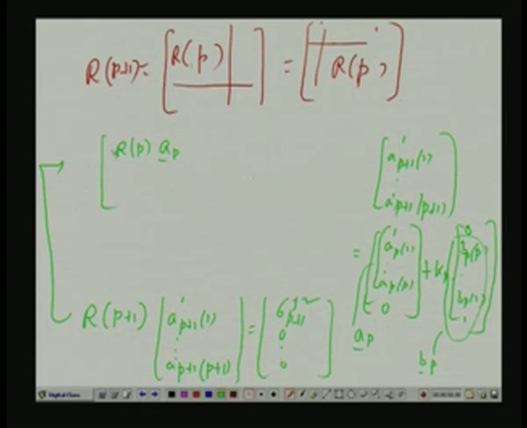So, 0 takes care of it. So, this is R_p times A_p, and we already have solved this equation. I know what R_p times A_p is, that is sigma_p f square and then all zeros, and then there is a last row, this last row times this. That is some known quantity, you can call it, say, alpha_p. What is alpha_p? Last row of R_(p+1) times this vector A_p and 0, that will be here, plus K_p times,